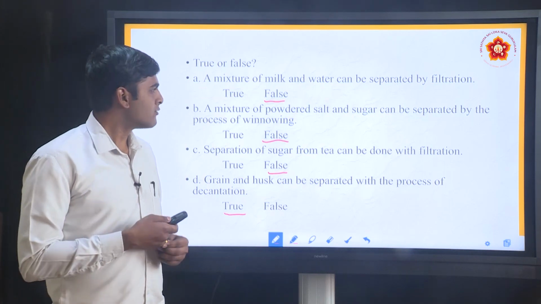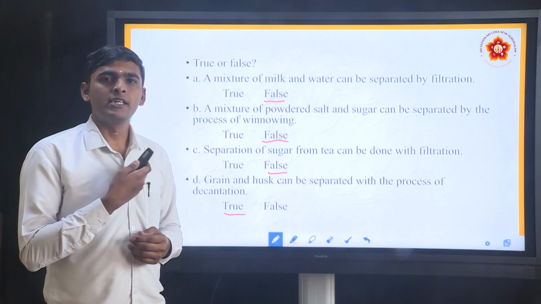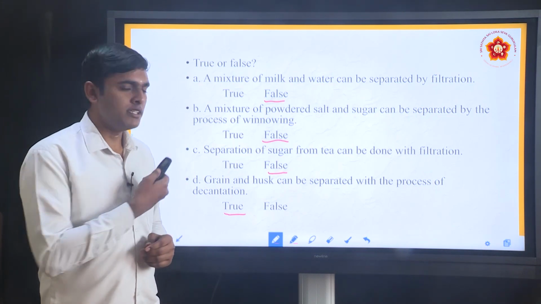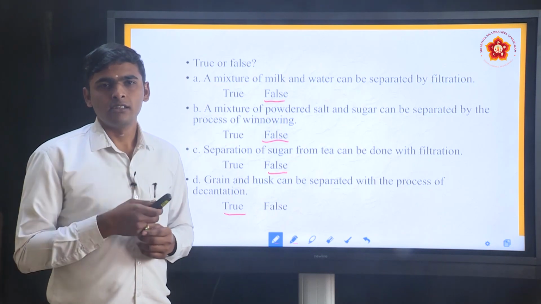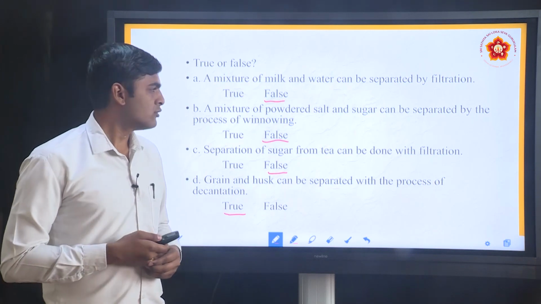Here we come to the end of the chapter. Please practice this exercise and the main keywords, and also study the summary. Learn the main points, the main headings, and the definitions of the keywords. It will be helpful for you to learn.